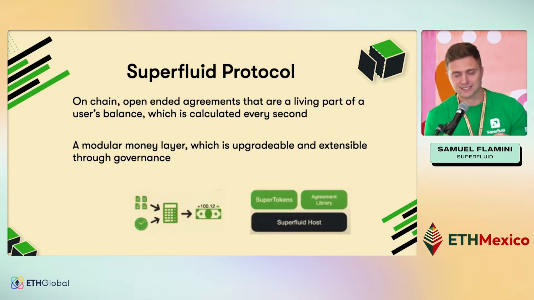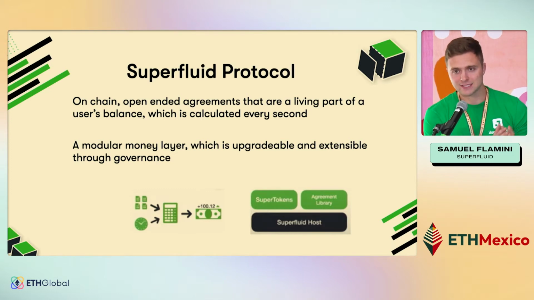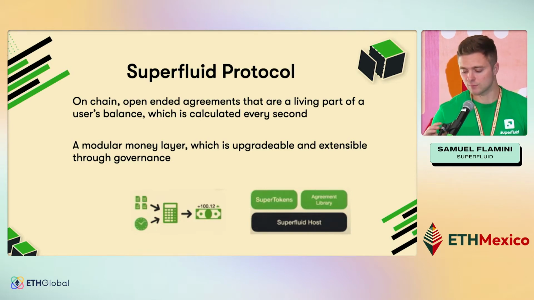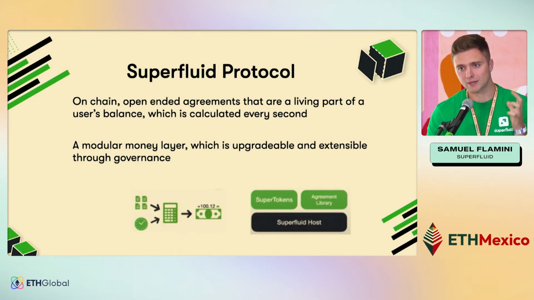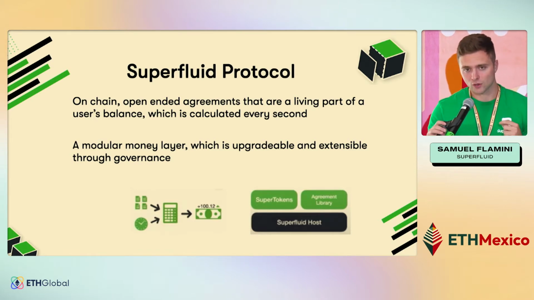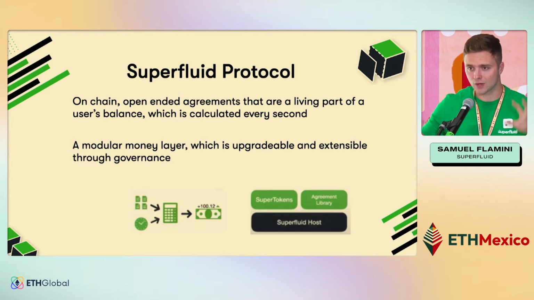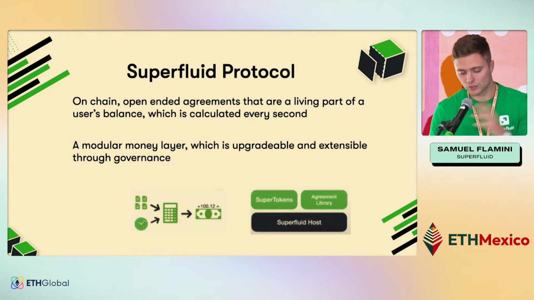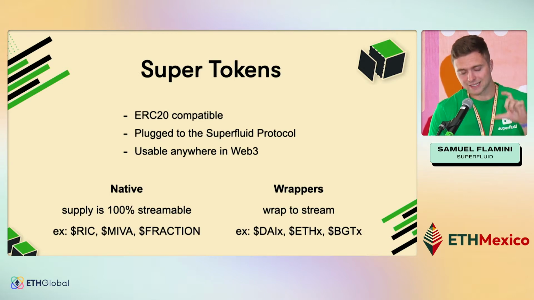So the protocol, it's not a layer one, right? It's not anything like that. It's not a rollup. This is a smart contract framework that is made for the EVM, although eventually it will probably be chain agnostic and environment agnostic. And what it does is it allows you to create these open-ended agreements between two accounts, right? So what you do when you create a money stream is you engage in a kind of agreement. I can opt to send you 1 token per second, and as soon as I've done that, I've sent an on-chain transaction which says that now my balance is going to be decremented by 1 token per second, and yours is going to go up by 1 token per second, right?